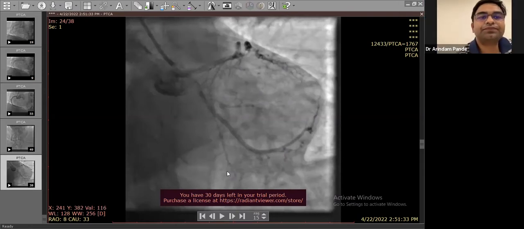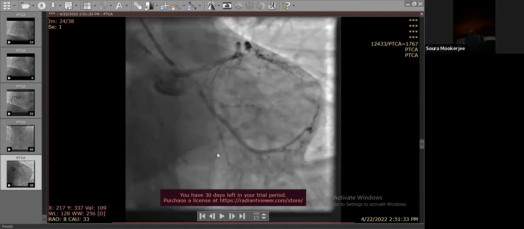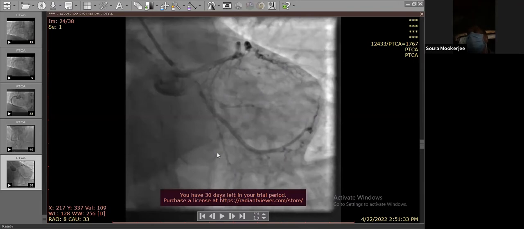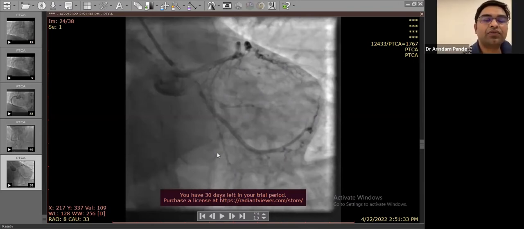Basab, fantastic case. Only a few comments. You retrieved the dislodged tip of the catheter very nicely. Which part of the dislodged tip did your wire go in? Because that is very important. I think your wire went through the middle or hole of the distal tip of the catheter, because otherwise, if you inflate the semi-compliant balloon and it is not going through the hole of the distal tip, then it would have been dislodged in the aorta. So that is one personal observation. I would like to understand your view as well.